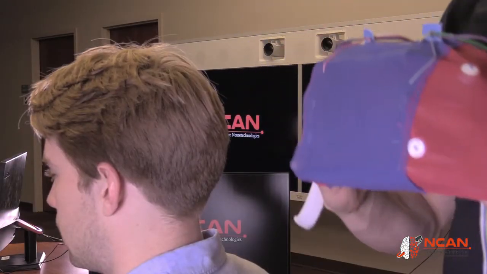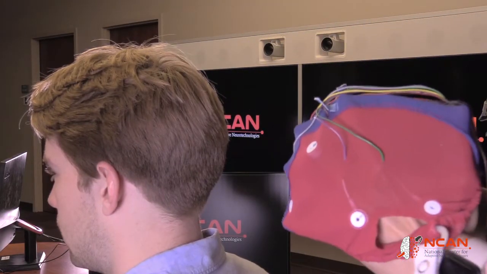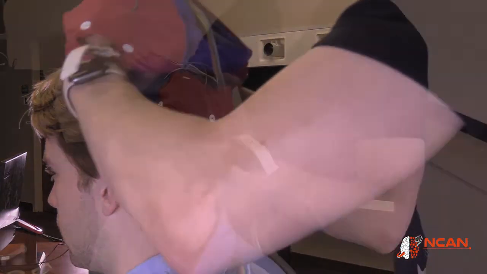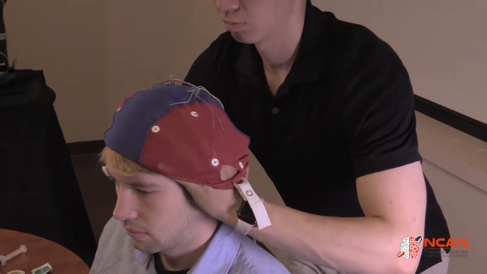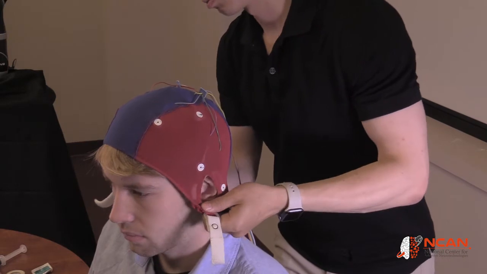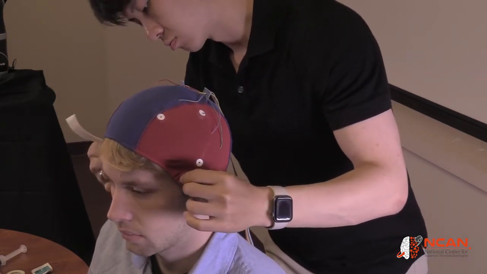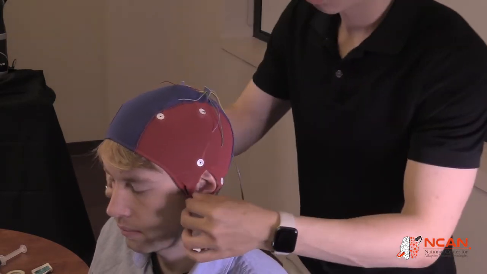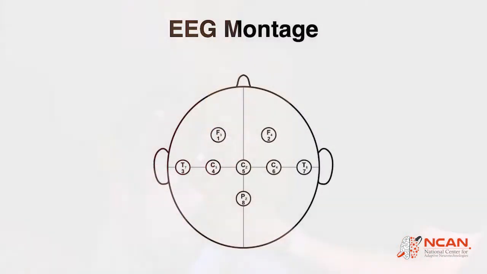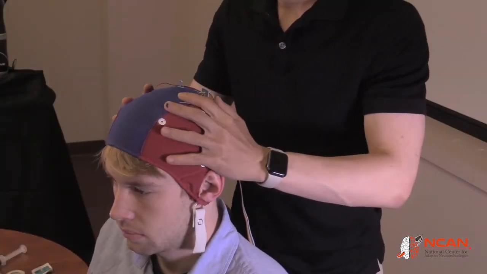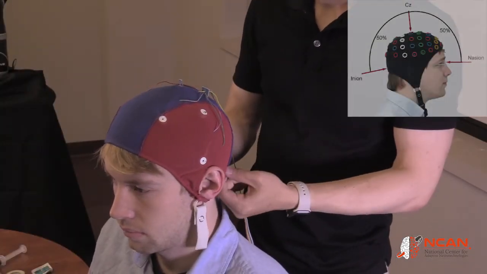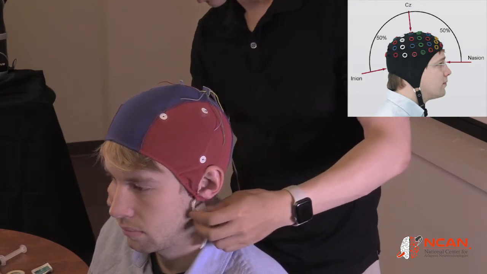Now we can put the cap on the subject. To detect the sensory motor rhythm, the montage of our EEG cap has channel C3, CZ, and C4 that cover the primary motor and sensory cortices. To ensure the alignment between the electrodes and the cortex, we need the channel CZ to be halfway between the